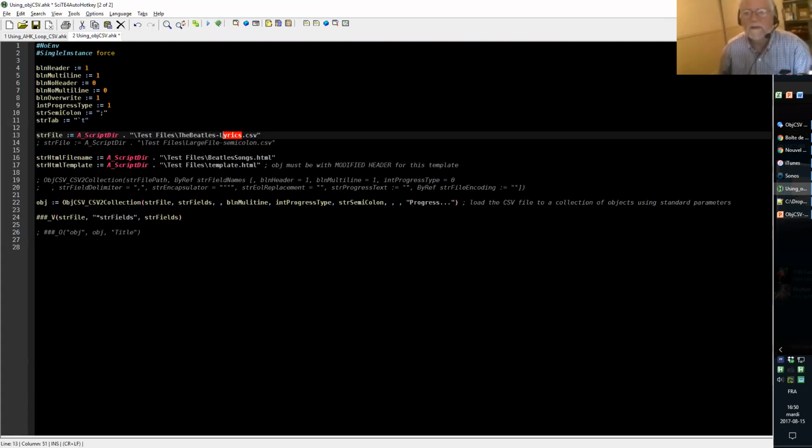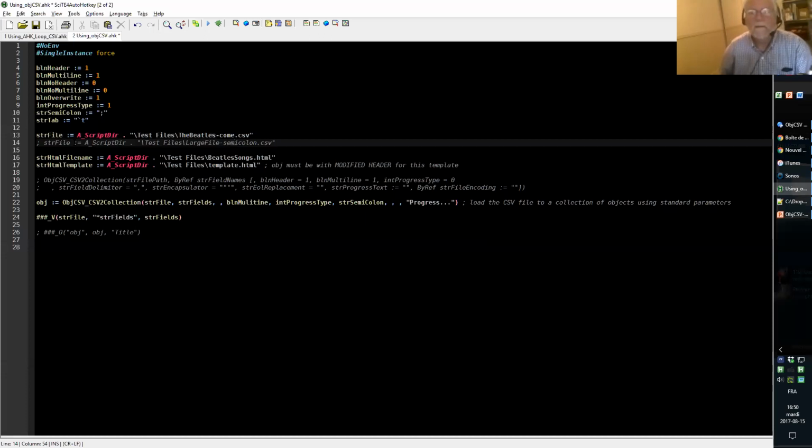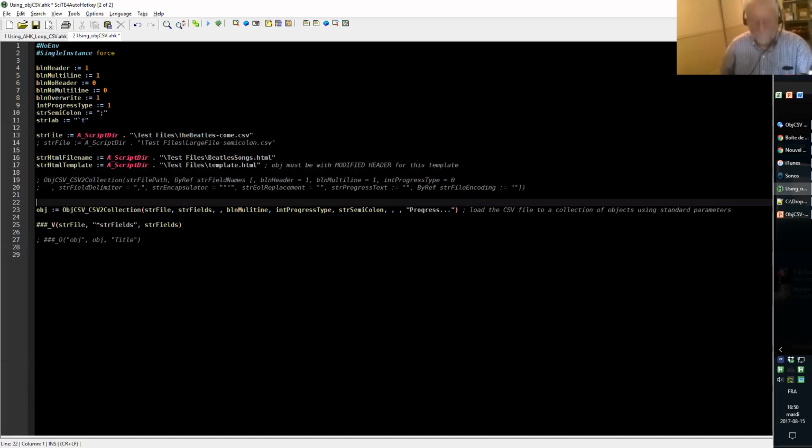So we'll use the comma file, and I'll create a variable holding the name I want for, I should not put space here, title, album, position, genre, duration, and size. So this will be the header that will be used for the file.